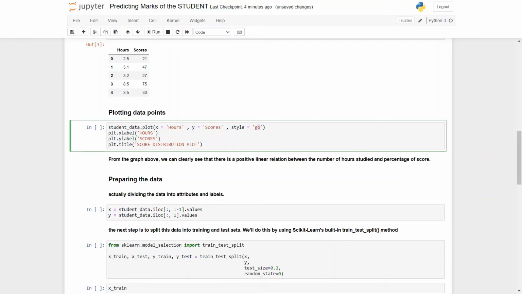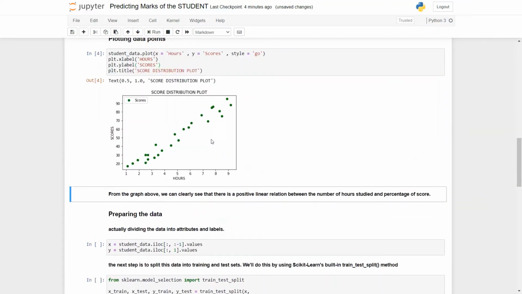The x label is the name of the x-axis, which is hours, and the y label is the name of the y-axis, that's scores, and the title of the overall plot is the score distribution plot. So let's run the cell and see the output.